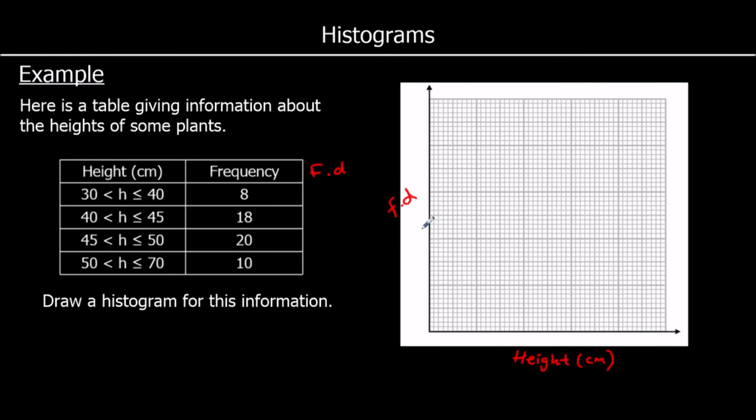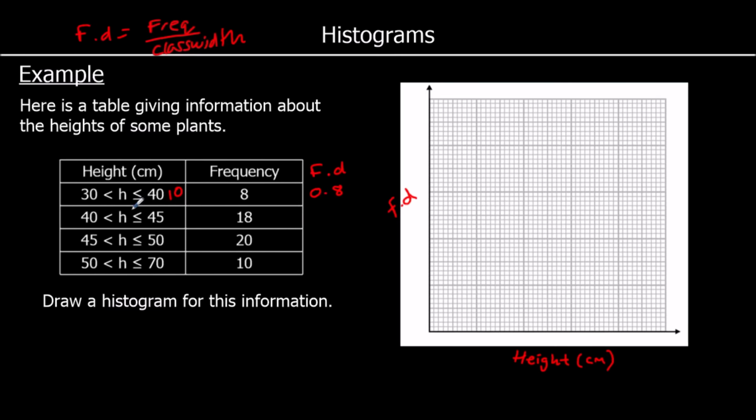So frequency density is going to be the height of the bar, and the frequency is going to be the area of the bar. To find the frequency density, we're going to do the frequency divided by the width of the bar. Between 30 and 40, the difference is 10. So the frequency density is going to be the frequency divided by the class width. So 8 divided by 10, which is